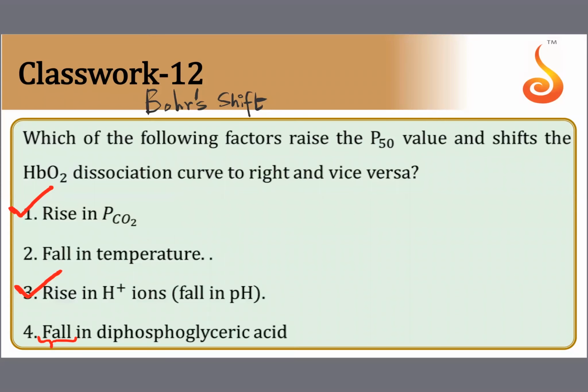Saturation means how many are bound to oxygen, how many are in love with oxygen. And the remaining percentage is given to the tissue. If 70% are in love with oxygen, 30% went to the tissue. If 50% are in love with oxygen, the other 50% out of 100 went to the tissue. So the lesser the saturation, the better it is at the tissue, because that means your hemoglobin is more efficient in dissociating with oxygen and delivering that oxygen to your body tissues. Okay.